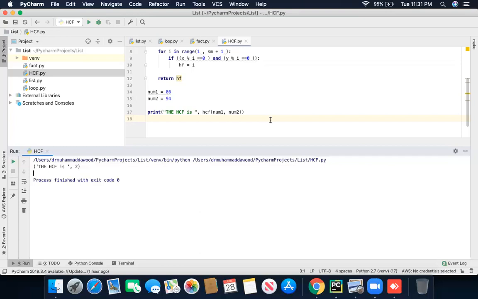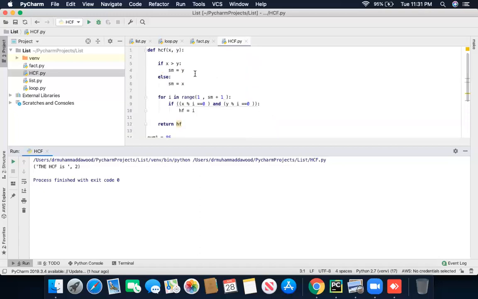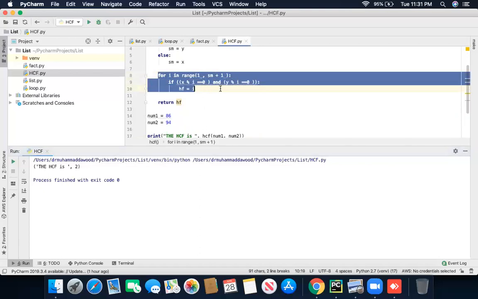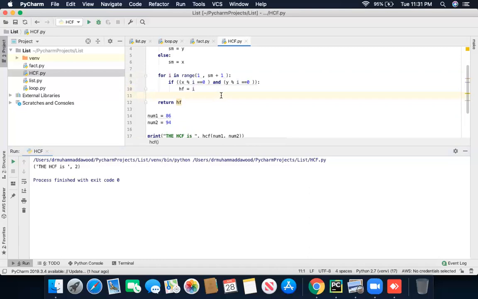Now we are going to find the least common multiple, like LCM. So instead of return HCF, don't you write return LCF? No, it's not like we have to create a huge other program, because there are some rules. If we change the program, the digits remain the same, but the loop will not. We are going to change the category of loop. That's why we are going to find the LCM with another loop.